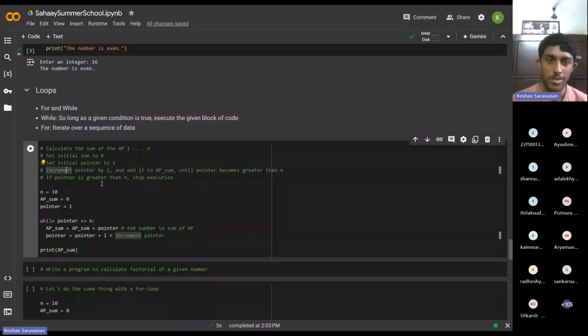So how do we write that in code? First, let's do the initialization statements. AP sum is 0, pointer is equal to 1. So the first number in my sequence is 1, and my initial sum is 0. I add starting from 0. Now my pointer represents each number in the sequence 1 to n. So that means pointer is always less than or equal to n. If pointer becomes larger than n, I want to stop executing. So while pointer is less than or equal to n,